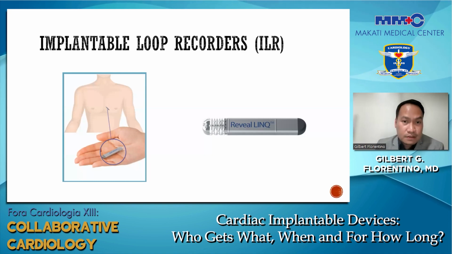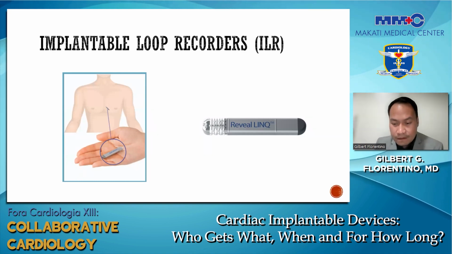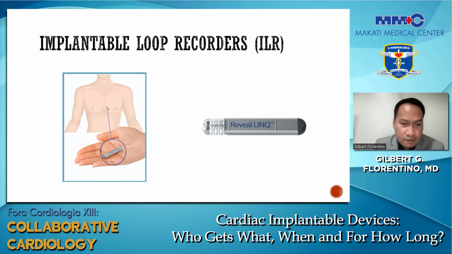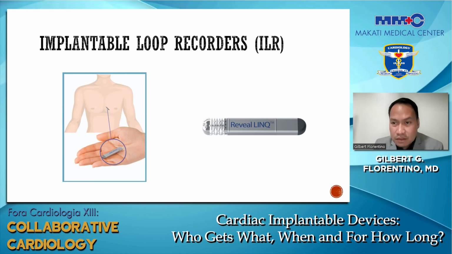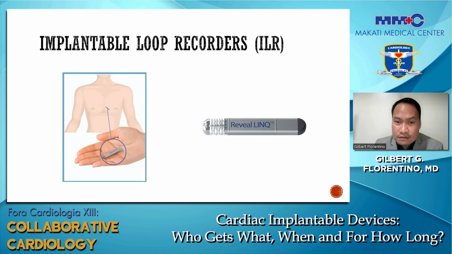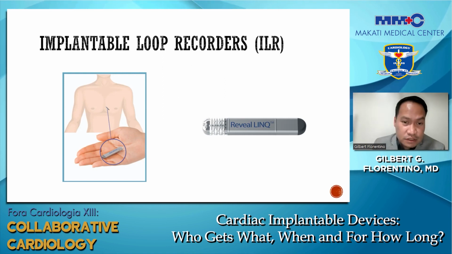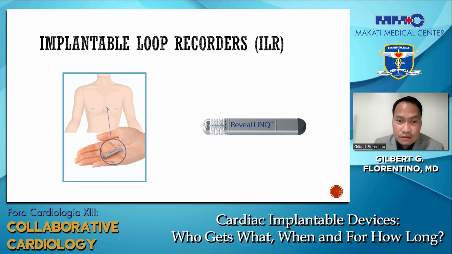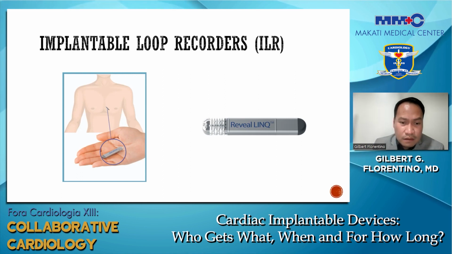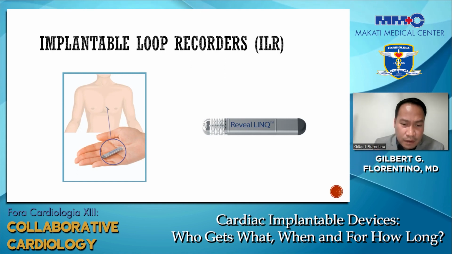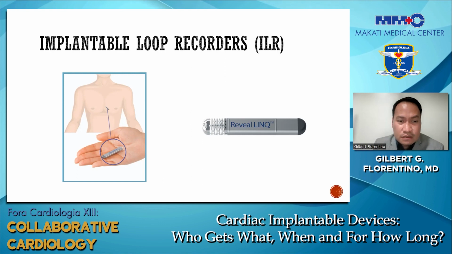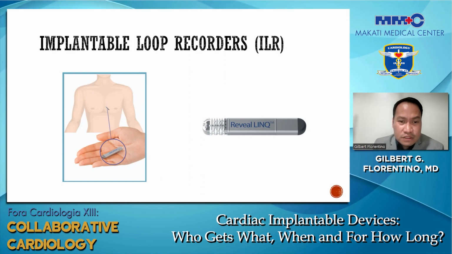How about implantable loop recorders? They are very small devices, maybe 2.5 inches in length. They can be implanted into the subcutaneous tissue in less than 30 minutes, can be done as an outpatient, and are not so technical. These are indicated for patients with infrequent symptoms,